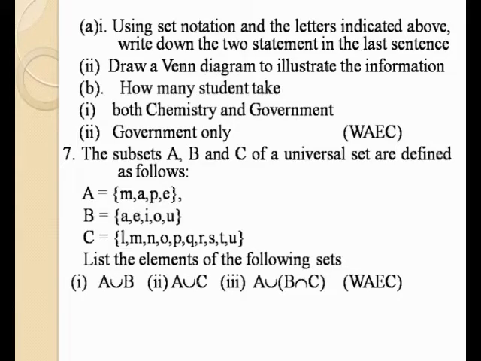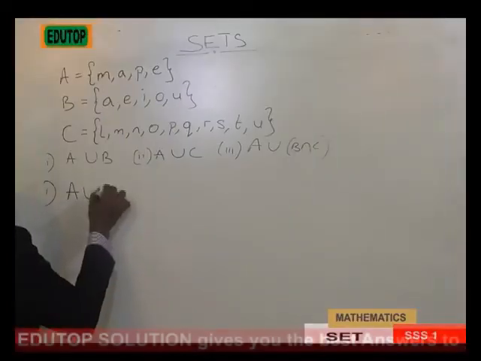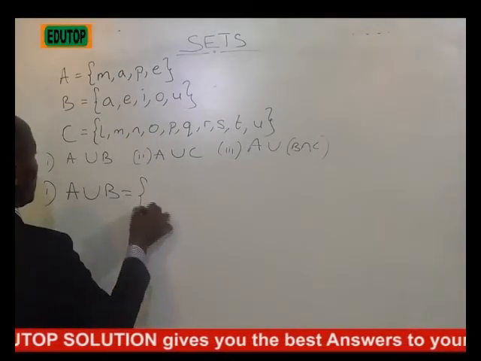And C is equal to LMNOPQRST and U. Now they say list the elements of the following sets: A union B. If you are to list the elements of A union B, that is all the elements of A and B without repetition. So A union B is equal to A